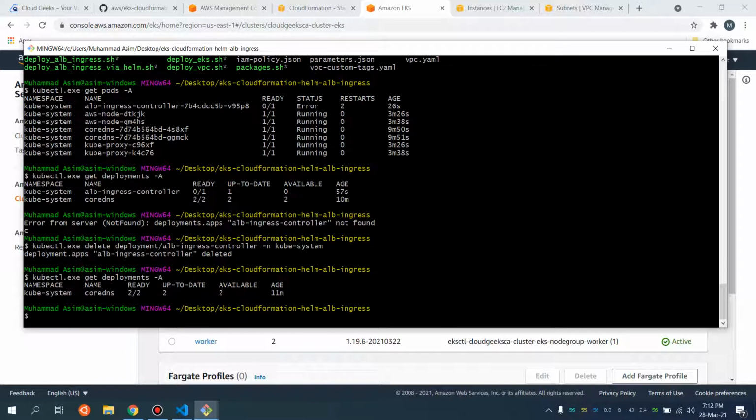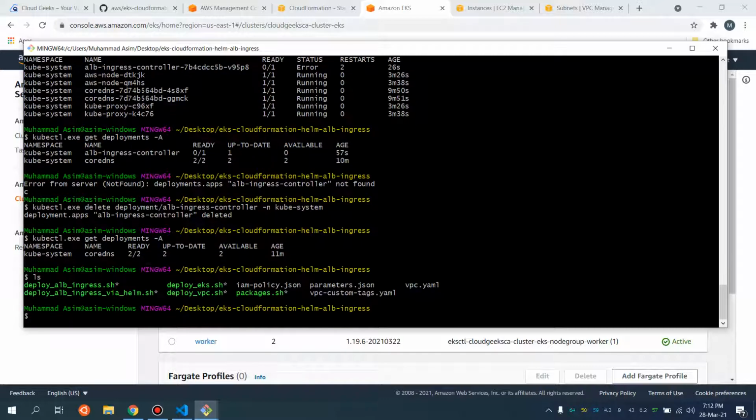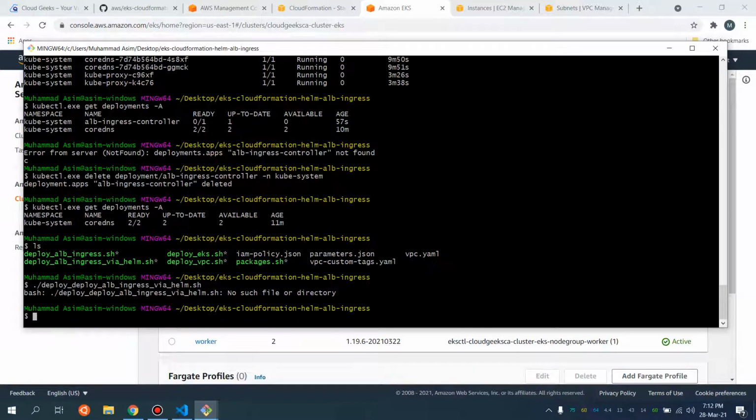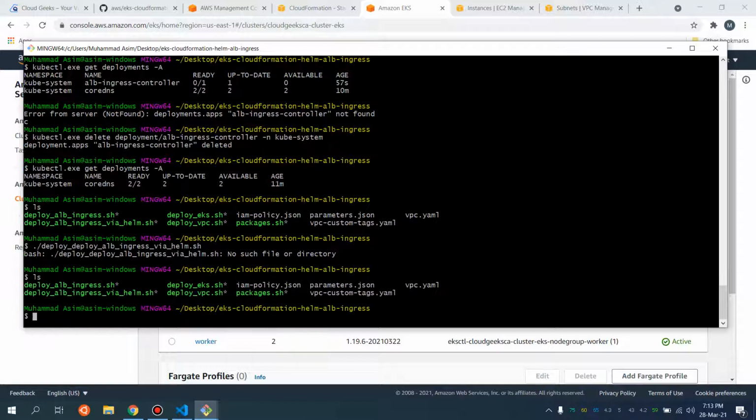Let me run the script which I've created, which I've shown you guys, and it is going to be this one: deploy ALB ingress via Helm. It says no file or directory.